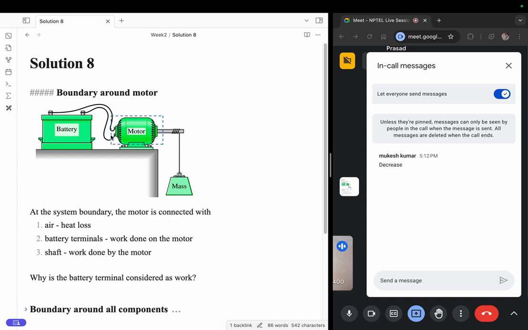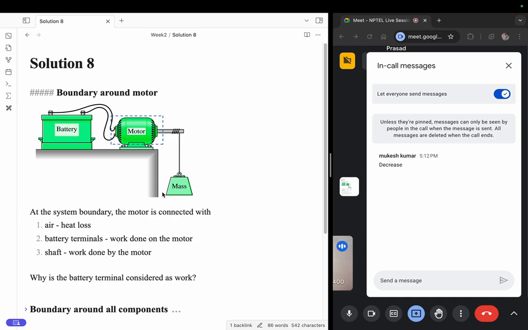Now consider the left hand side of it. These are just the battery terminals. So what is happening at the battery terminals? Some electrons are coming in and moving out of it. Let's say one of them is a positive terminal and another one is a negative terminal. So electrons will come from one and leave from the other. Is it doing any work? Or can it be connected to something to get work out of it? Instead of connecting directly to the motor, you can connect these terminals to something else, another motor,